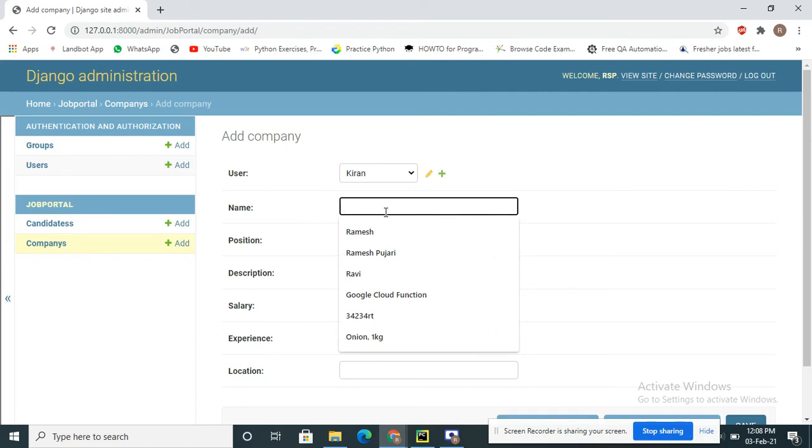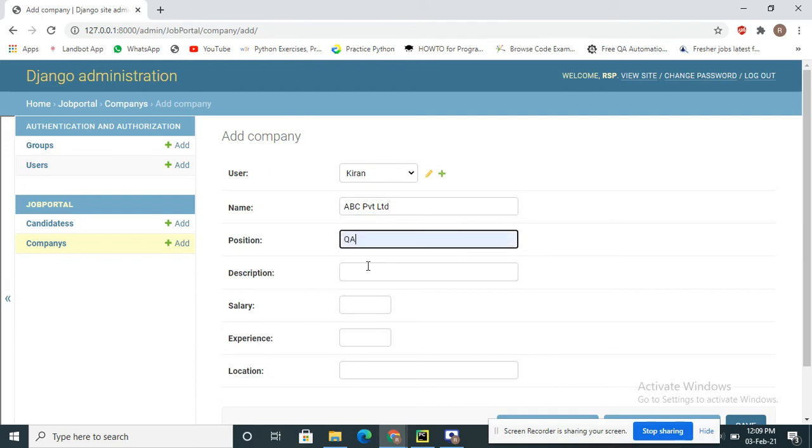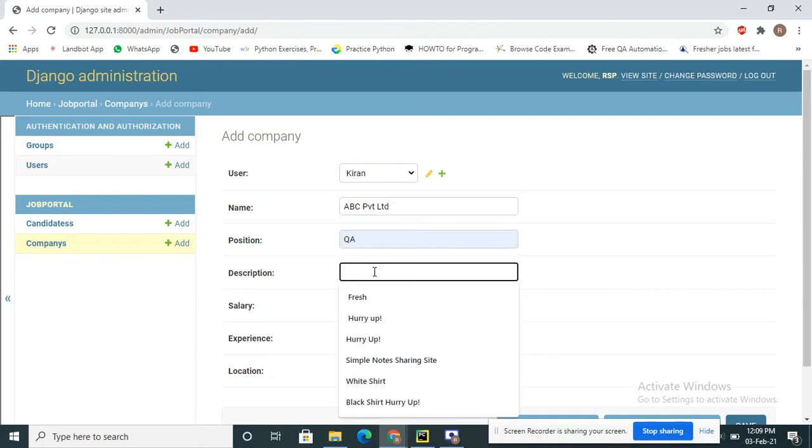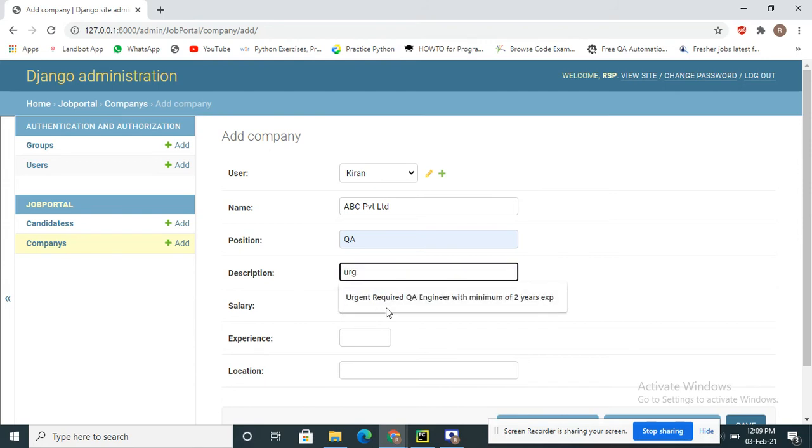So name of the company, ABC Private Limited. Okay, and position, which position they are hiring. Now I am taking QA position. Descriptions, write some description like urgent requirements.